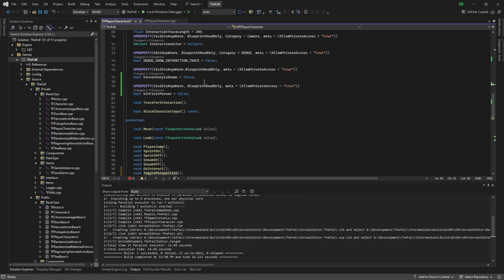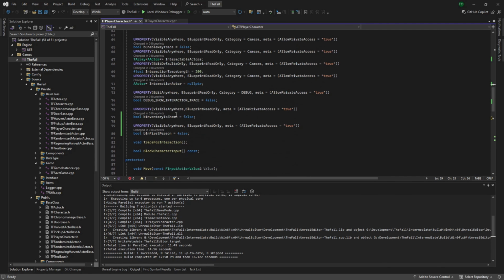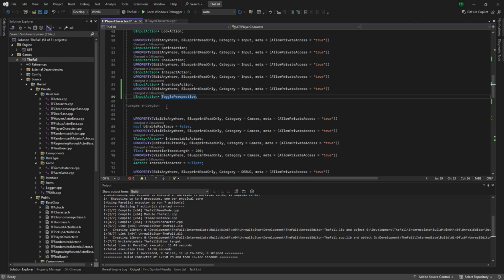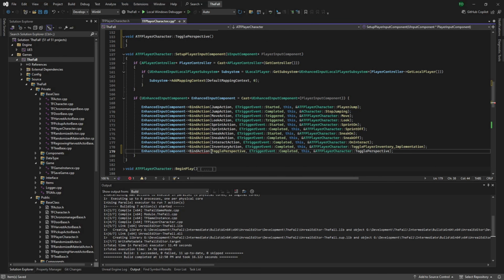And we do have an issue. How do we want to change that? Because these are toggle camera perspective. Copy that so we have the naming convention correct and change that here. All right, so now that we've got that,